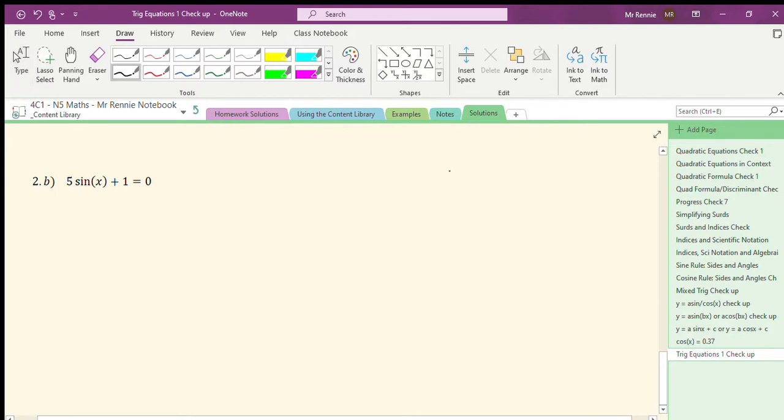Okay, and the last question that you were asked to do, we had to work out when 5 sin x plus 1 equals 0. So again, we need to rearrange this. Let's get rid of the plus 1 first. So if we get rid of that plus 1, it's negative 1. So that means I take negative 1 on both sides. Therefore,